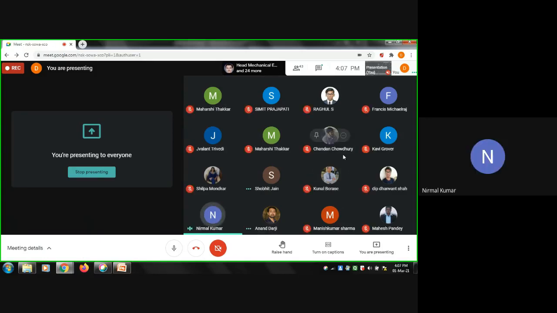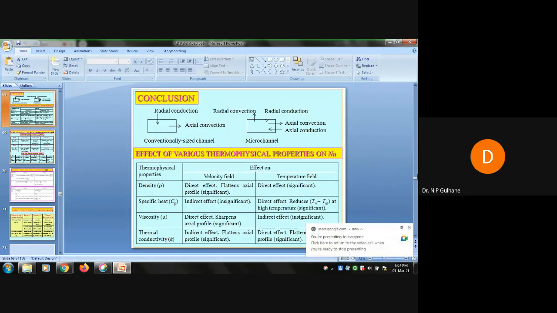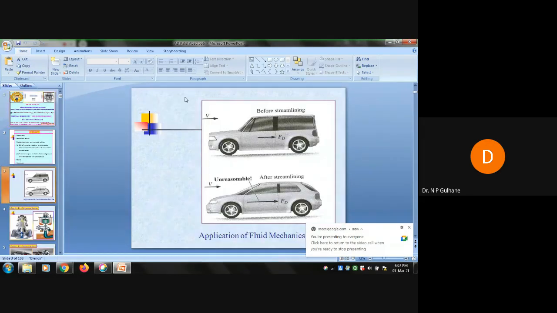And sir, you mentioned that FSI, fluid structure interaction, is part of civil engineering. Yes. But in FSI, sir, the maximum number of problems solved is in biomedical engineering, for blood vessels and heart pumps. These are the things where FSI is used. Yeah. See, Nirmal Kumar, this was a flavor, just to take your interest. These are the examples which I tried to show.